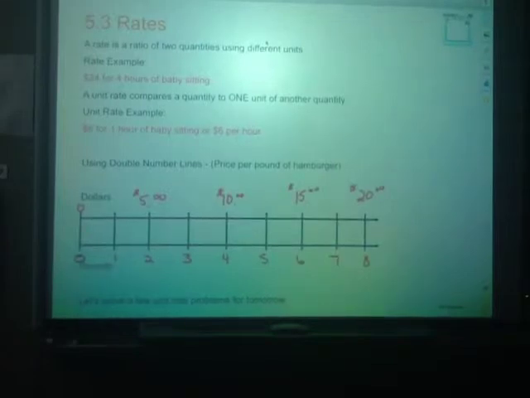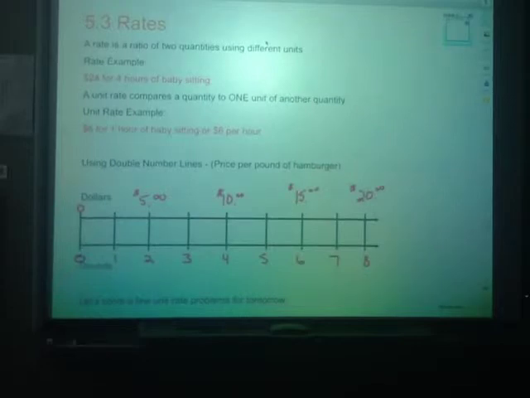Double number lines may be brand new to you, so take a look at that one. This is an example of price per pound of hamburger if you were to go to the store. Notice that the dollars and the pounds both started at 0. That's not always the case, but in this case we don't spend any money if we don't buy any pounds